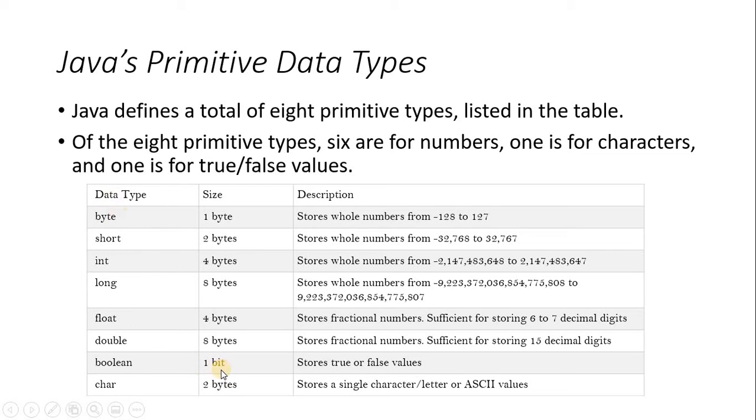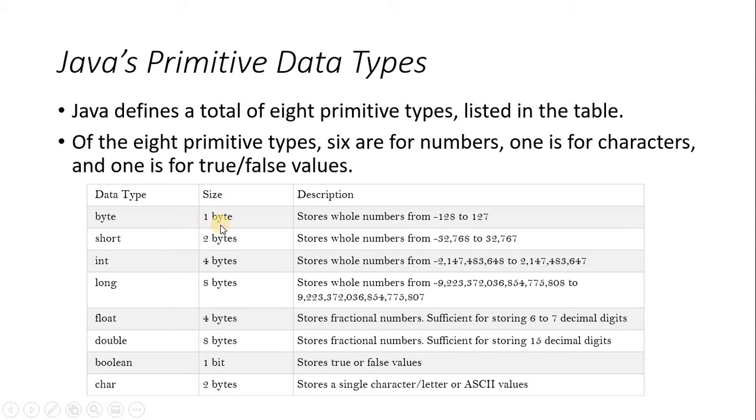Now we can look into the integer part. In the integer part we have byte, short, integer, long. So what is this byte for? If our number is a 1 byte number, a number within the range of minus 128 to plus 127. So within this range, if you want to assign a number, that means a one byte number, 8 bit number, 1 byte or 8 bit we can say, we can assign byte.